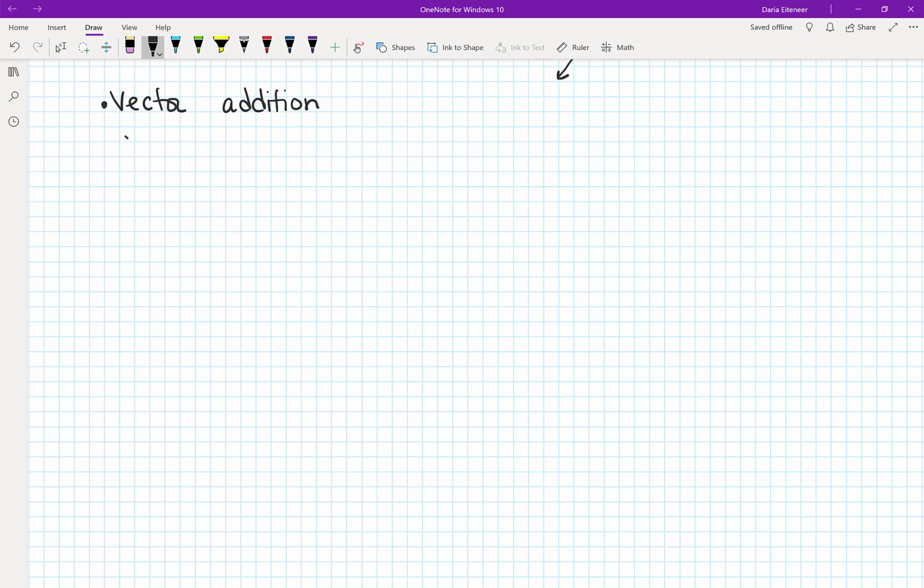So I'm going to keep using my vector v. And then the other vector that we had was vector u, and this was <-2, -1>. So if I'm going to add v plus u, algebraically, first,